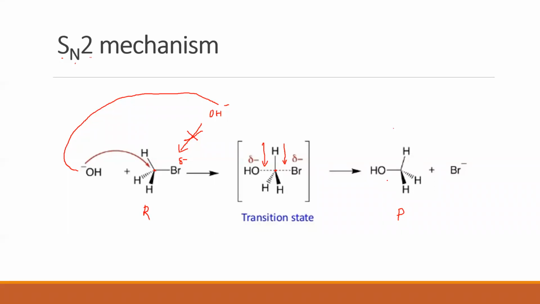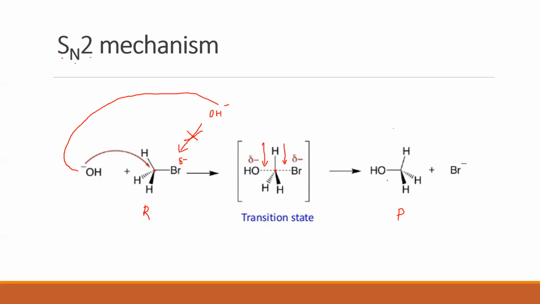That's the first point that we understood. What is the second point? The transition state resembles both the reactant as well as product. It resembles the reactant, it resembles the product, but not fully. Both the characteristics of reactant as well as product are seen in a transition state. Clear? And one more thing that you will observe here, the transition state is written within brackets. Can you see that the transition state is written within square brackets? Yes. What does this mean?